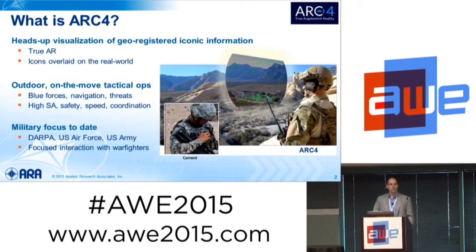ARC4 enables users to visualize geo-registered iconic information overlaid on their view of reality. We call this true AR because icons are registered to real-world features in your direct field of view. So as you turn your head, as you move around as part of your mission ConOps, these icons remain locked